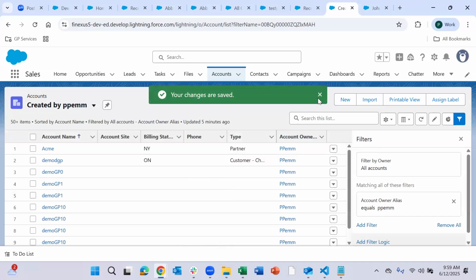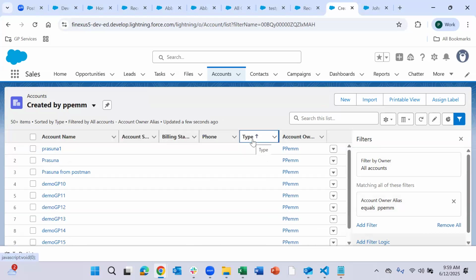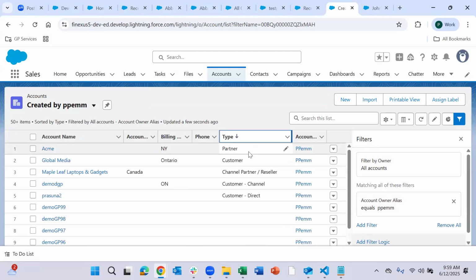So let's say here we have applied only one filter where account owner is equal to PEM. Now I want to see where the account owner is this and account type is partner. Let me sort and see how many records there are. I think it is only one record with the partner.